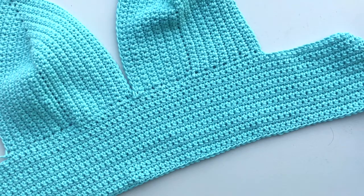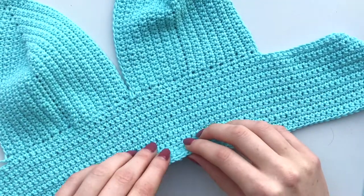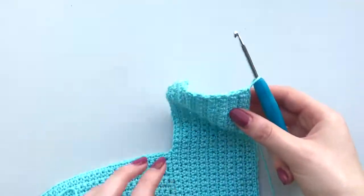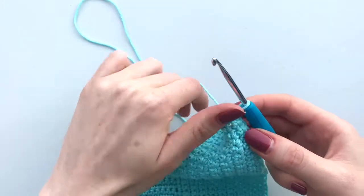I've now finished creating my band. I actually did 18 rows, and the one thing to make sure you look out for is just check that you finish on a row where you can see the border stitch, because it creates quite a nice finish where you can match the border all the way around. The bottom edge is the same as the border stitch that you can see around the top of both of the cups. Once you reach the end, don't cut the thread off because we are going to finish off the